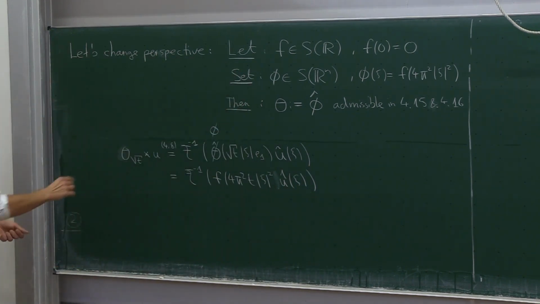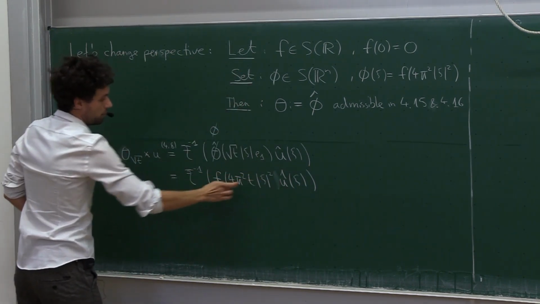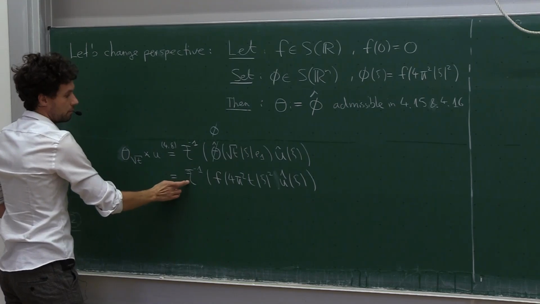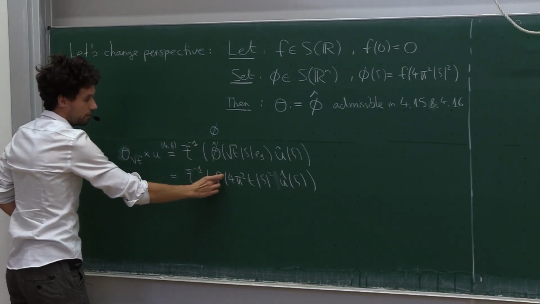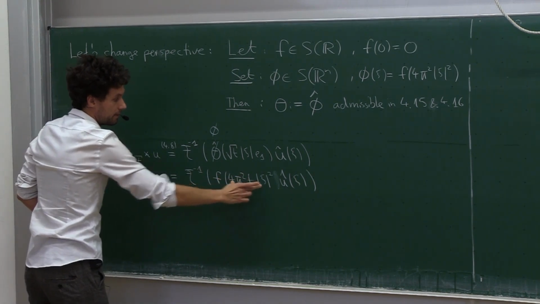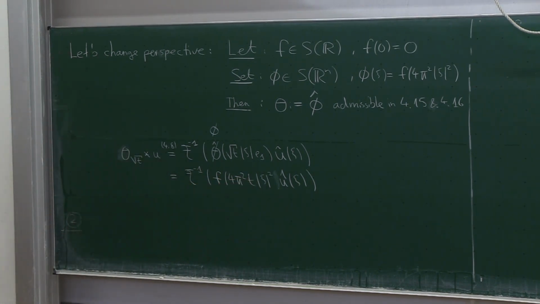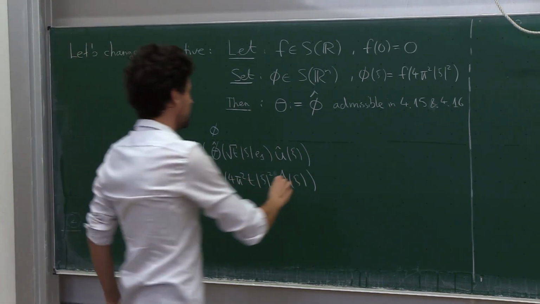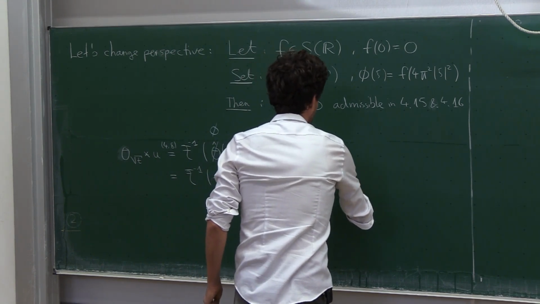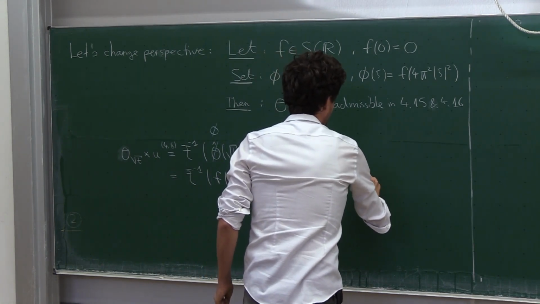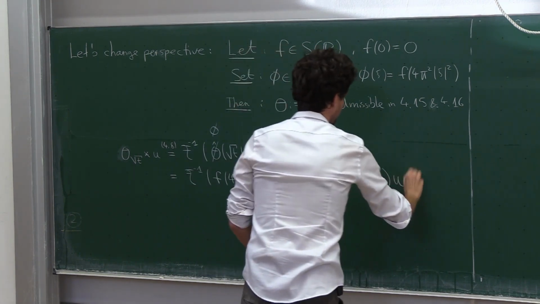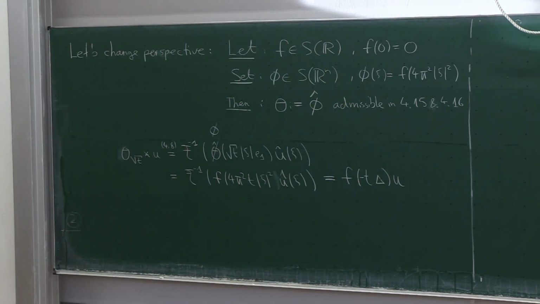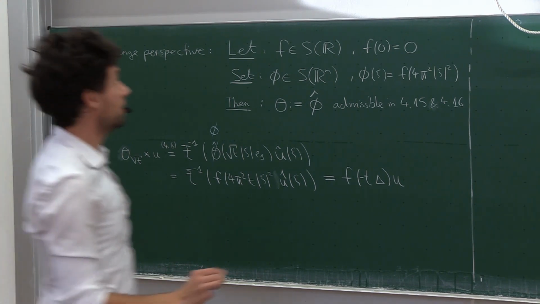Now this is Fourier transform, multiplication, Fourier inverse, and multiplication is by a function that is a composition of a function on the real line with this m function that corresponds to the Laplacian. So in other words, this is nothing else but f of minus t delta applied to u. And if I view it in this way, then